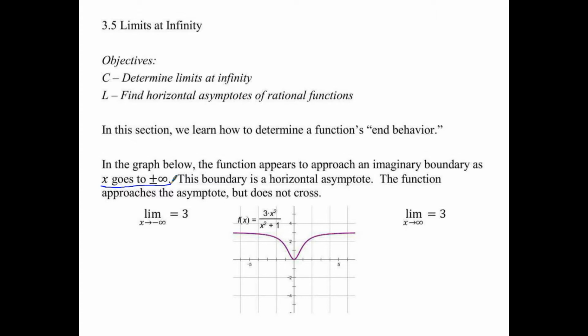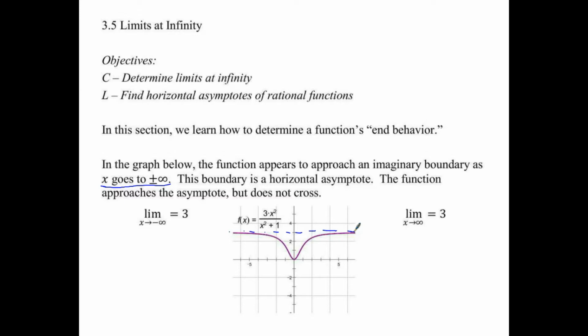And so we have vertical asymptotes, but we also have horizontal asymptotes. The function approaches the asymptote but does not cross. That's not always the case with horizontal asymptotes, but for now, that's what we're going to talk about. So if you look, what does it seem like the horizontal asymptote might be at? 3, yeah. So if I kind of draw a dotted line, it seems to be kind of sitting at 3,